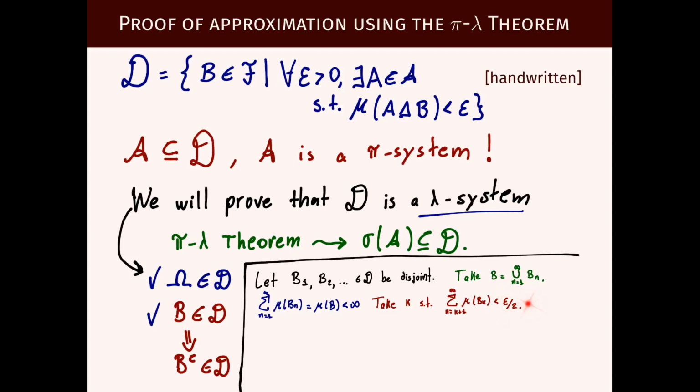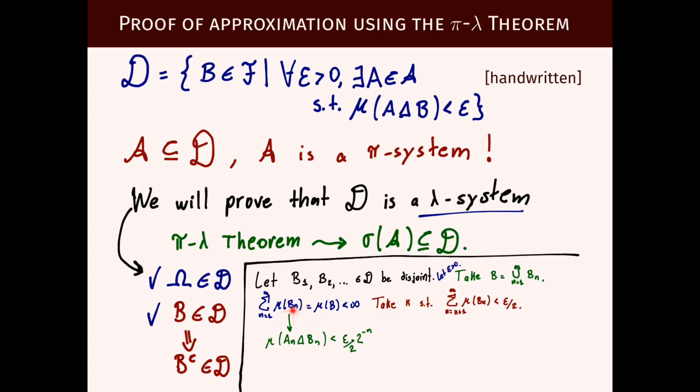Well, what is epsilon? It has not been quantified yet. We should have introduced at this point: let epsilon be any positive number. Now to each of these Bn's, we can define An such that the measure of the symmetric difference between An and Bn is less than epsilon times 2 to the minus n. Let's put over 2 here to be sure.